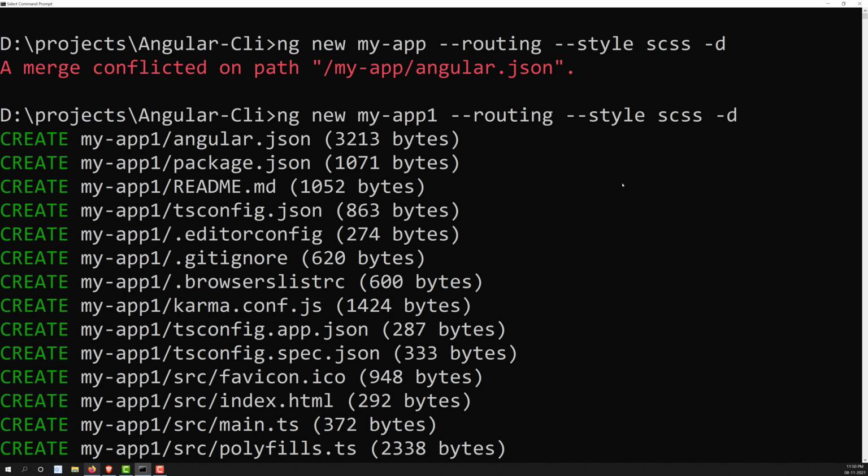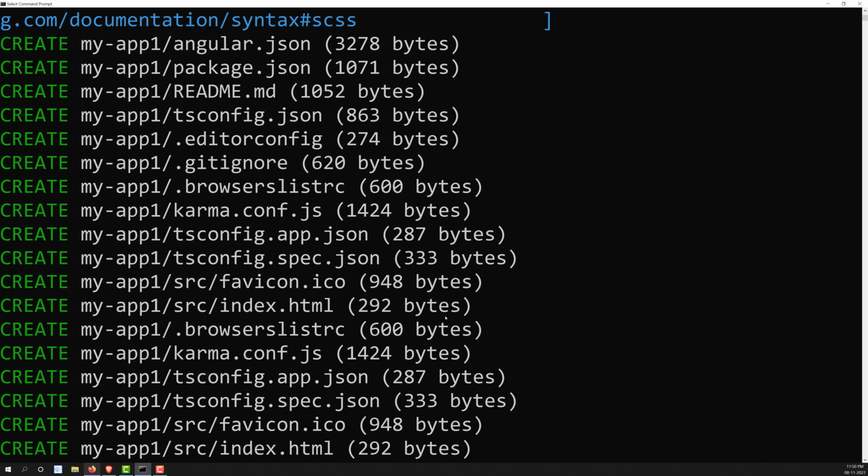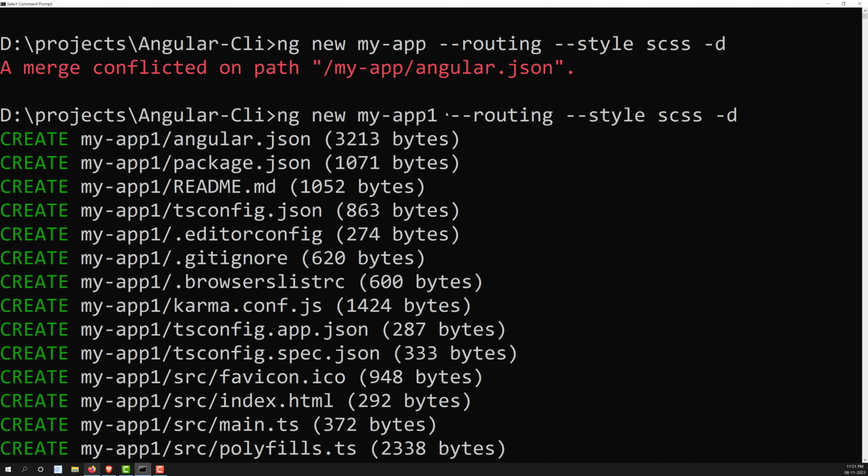In the next video, we will see all these other commands, and also we will look at the Angular JSON file and which files are affected when you install an application like this. Okay, hope you understood these different types of options that are available in the ng new command.